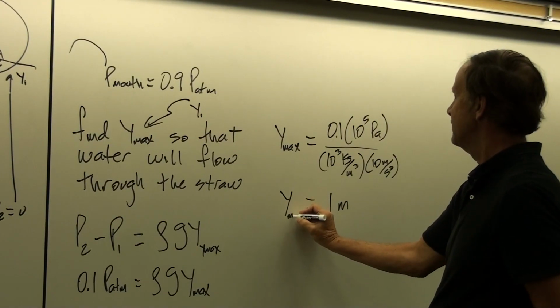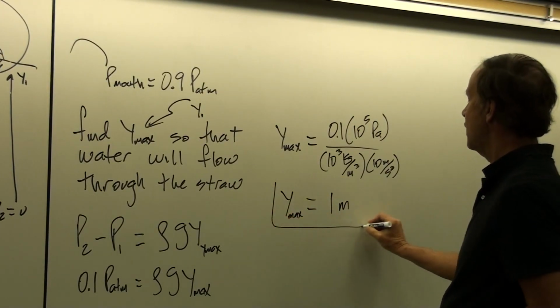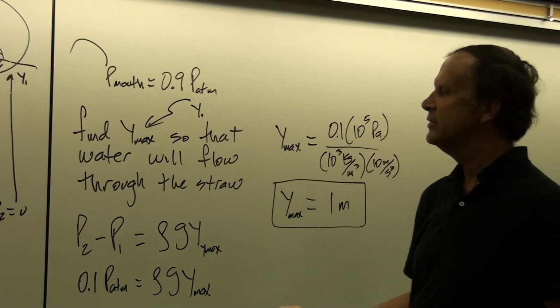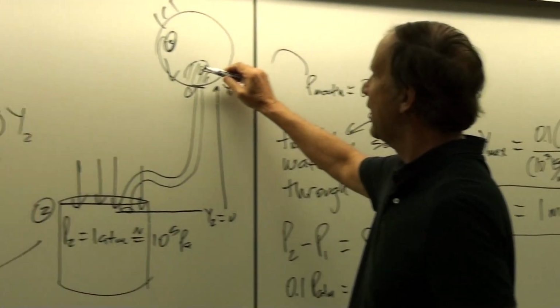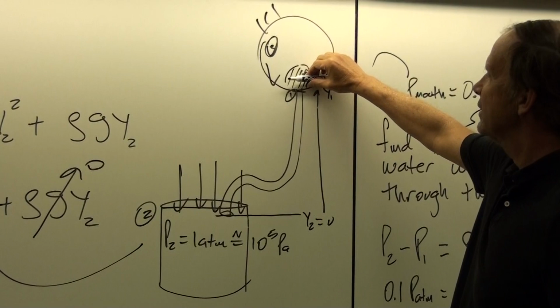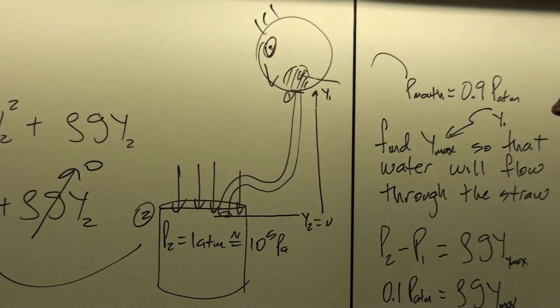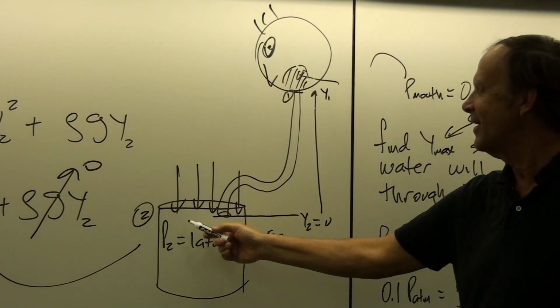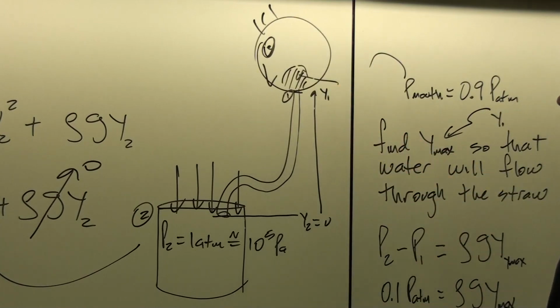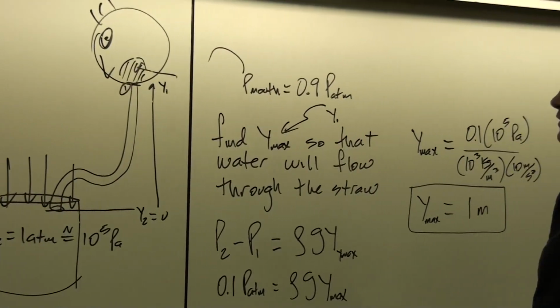So that's interesting then. You should be able to draw water out through a straw if you're 3 1/3 feet above the glass of water, if you could evacuate your mouth by 10%. Okay, now that is not going to be easy to do, but if you could do that, that means that you could draw water up through that distance.